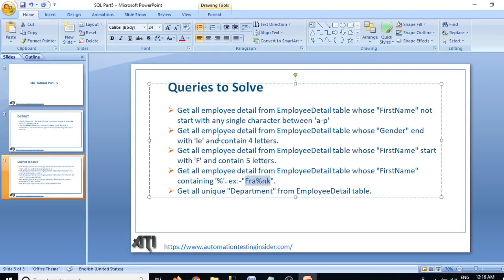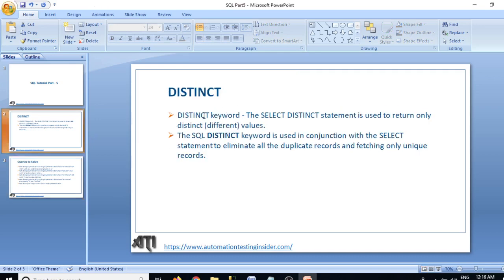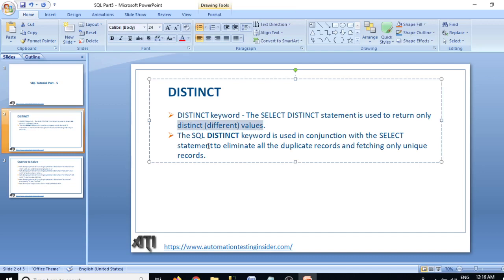I think I have written some theory for this distinct keyword. The select distinct statement is used to return only distinct, different values. The SQL distinct keyword is used in conjunction with the select statement to eliminate all the duplicate records and fetch only unique records.